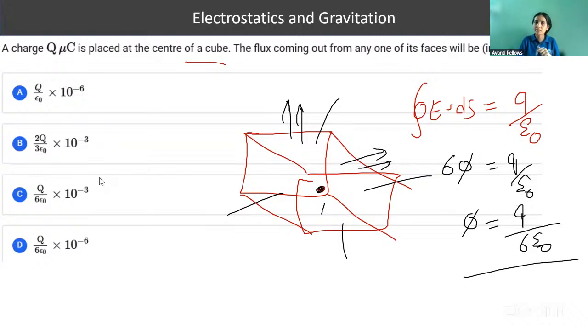We can use this thing only when the charge is kept at symmetry. I mean, the charge is maintaining the symmetry. If symmetry is not there, then we cannot use it. Otherwise, we can. Okay? So remember this. If this charge was on this surface, or at this point, or at any corner, then